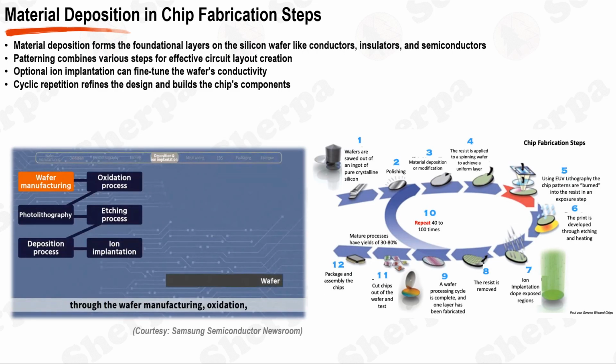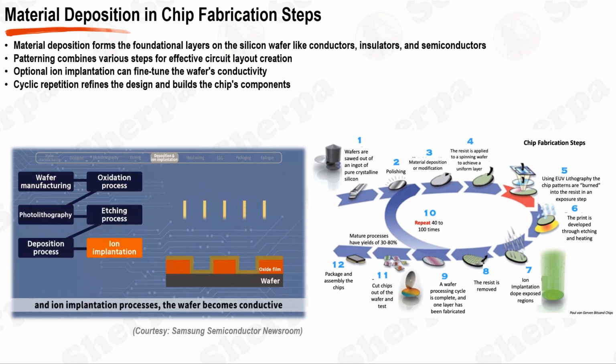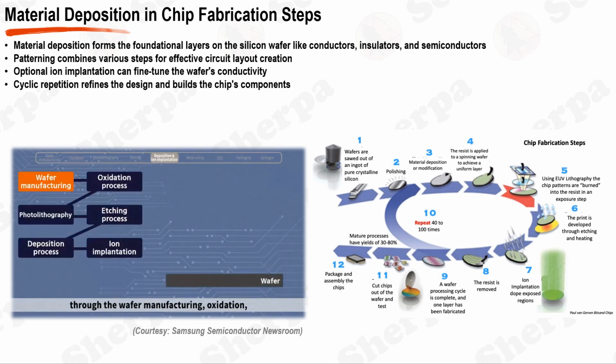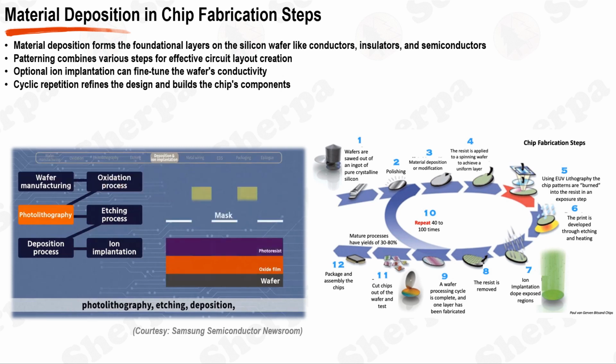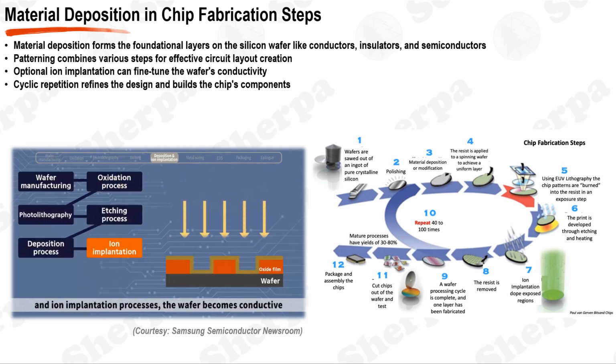The fabrication of semiconductor chips starts with a silicon wafer, the foundation for this complex procedure that entails up to about 1,000 steps. The journey from a blank silicon canvas to a finished chip is a series of repeating cycles, each involving a core set of steps. The first core step is material deposition, which involves layering various materials such as conductors, insulators, and semiconductors onto the